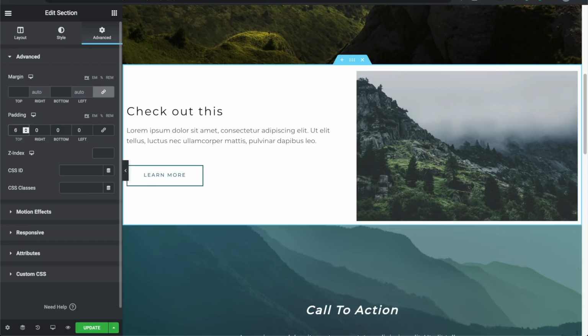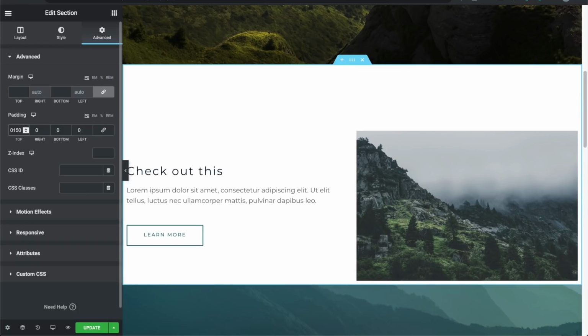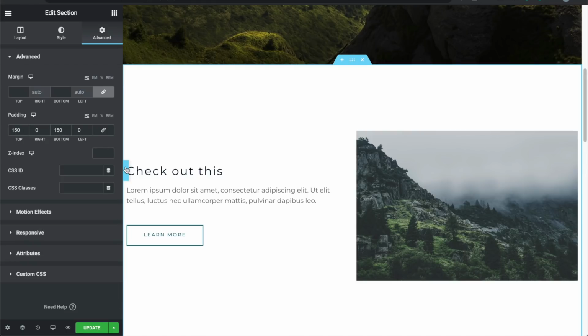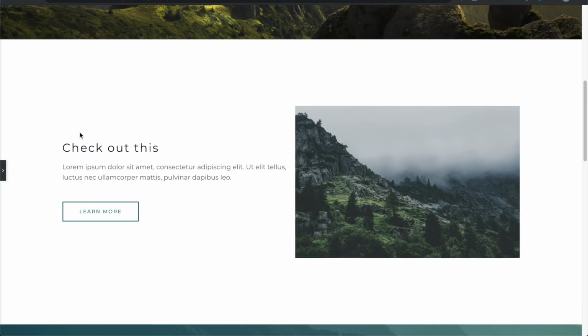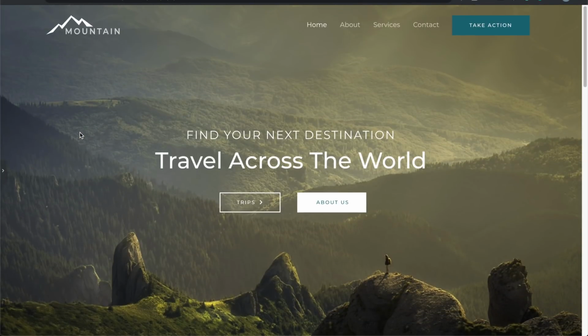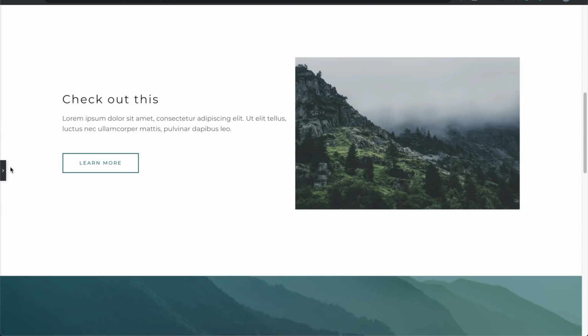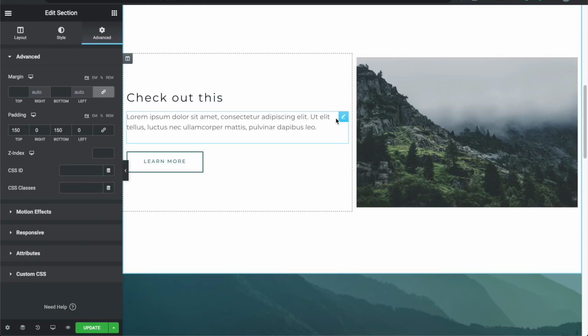So let's do 150 on the top, and then for the bottom, let's do the same thing. And then click back. Now you can see that we have this nice spacing here, and it looks like a normal section. And then if I click back, I've noticed that this particular content is kind of close to here. So what I could do is click on this column and add padding, but I want to click on this image right here,